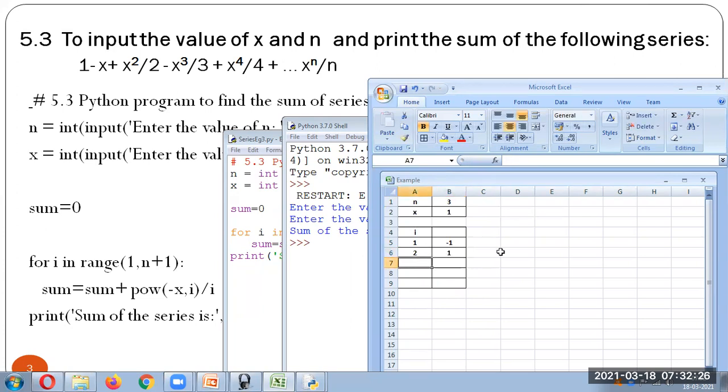The third iteration, this will become what? No, this is 1 divided by 2 now. So here it will be 1 divided by 2, whatever the answer is. Then for 3, this will become 1 divided by 3, and this will be minus actually.